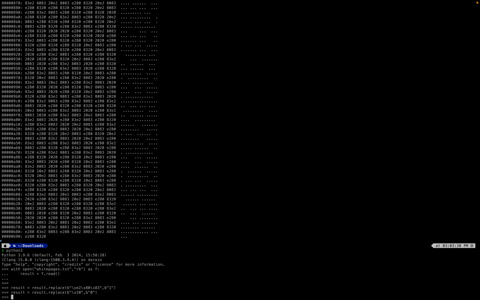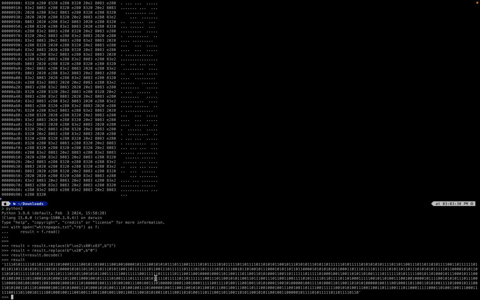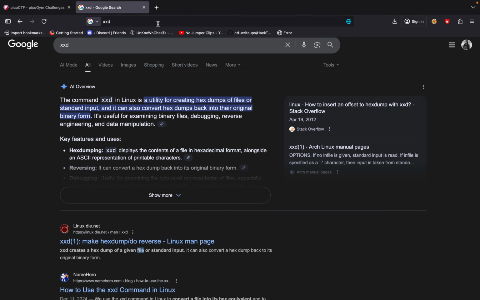And then from here we're going to do results equals result.decode. I'm going to decode this, and then after that we're just going to print it out. So results, and now we got a bunch of binary. So what we could do right here is look up a binary to